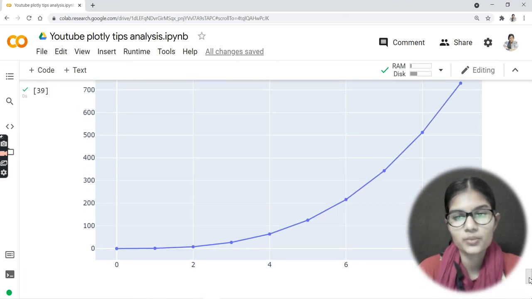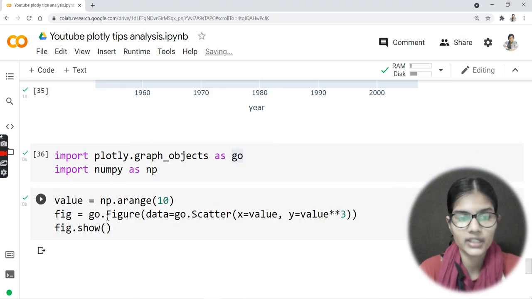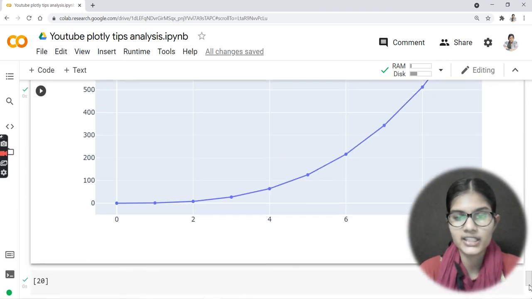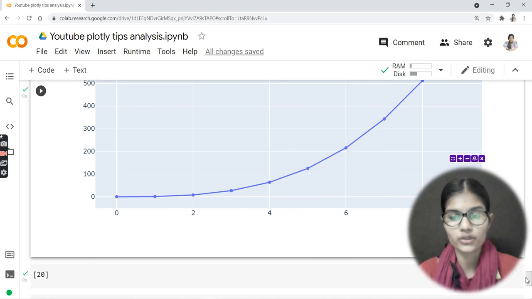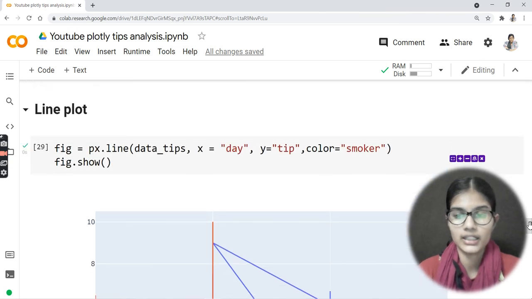Now scatter I had put on, so that is the reason that I'm getting these points here. And when I put the figure here at this particular place, this is the reason why I am getting these points, and these points are actually joined by the particular line. So hope you now got the idea of how you can plot all of the things, how you can make the line plot. I told you 3 things. First was how this unsorted line plot comes. After that, how we can make that line plot a sorted one. And third, how you can use the NumPy library.